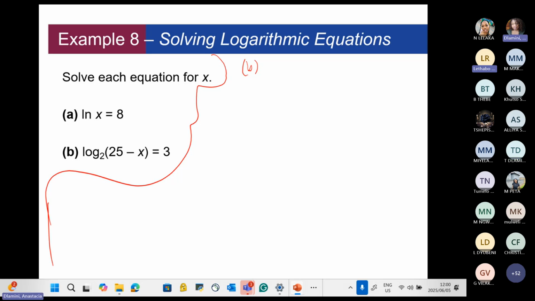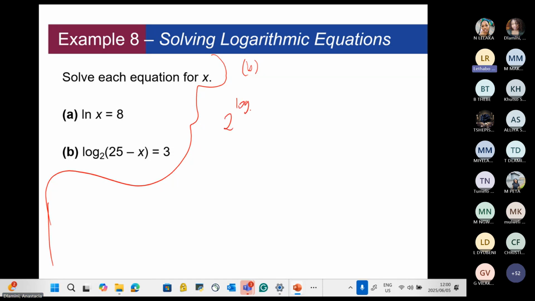How are you going to use the inverse property? When you use the inverse property, aren't we supposed to solve first before we use it? What is the inverse of log with base 2? It's the exponential function, 2 to the power of x, isn't it? Yes. So because of the inverse property, I can say 2 to the power of